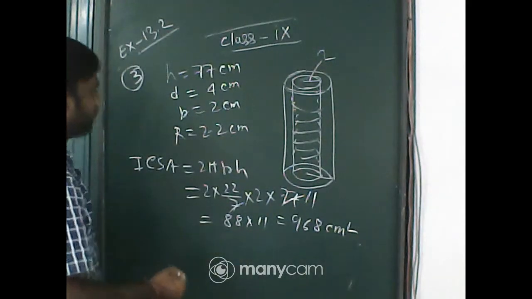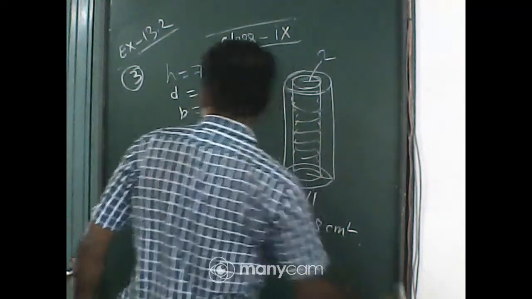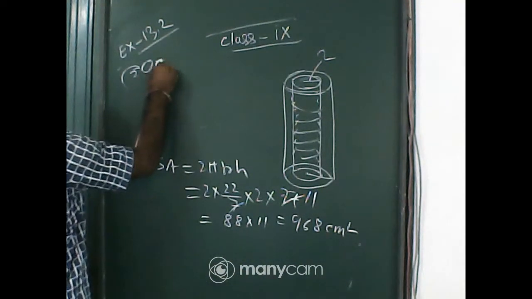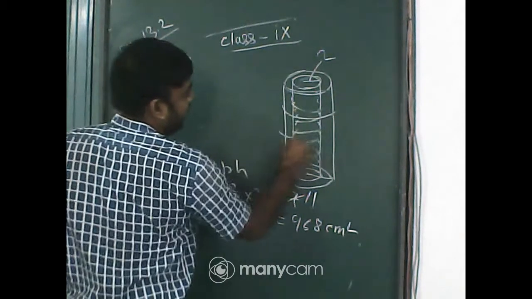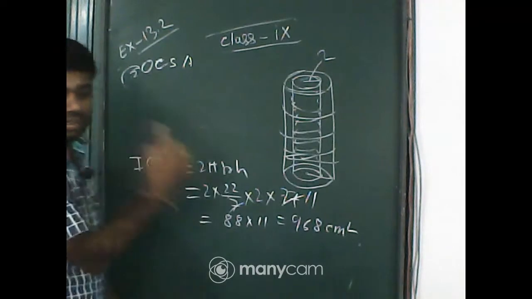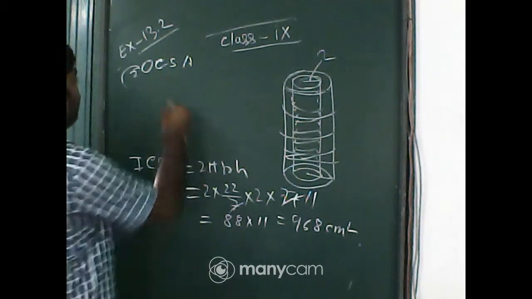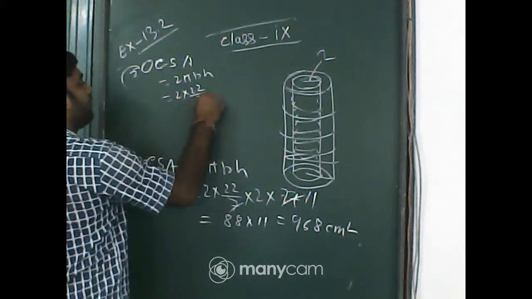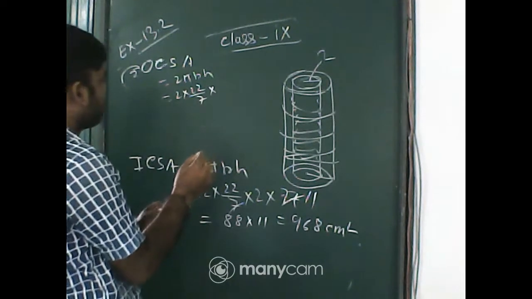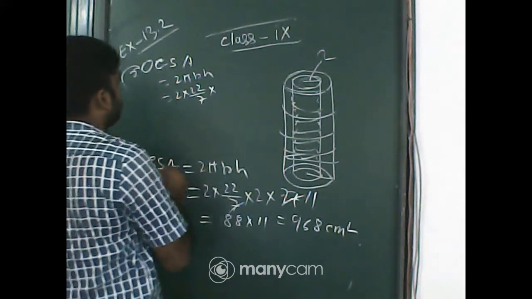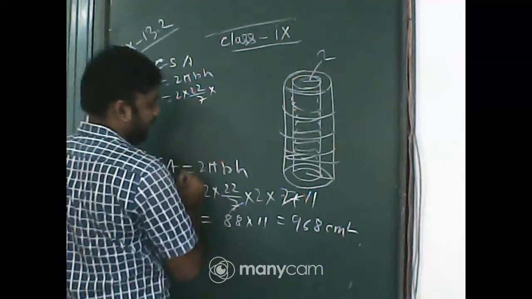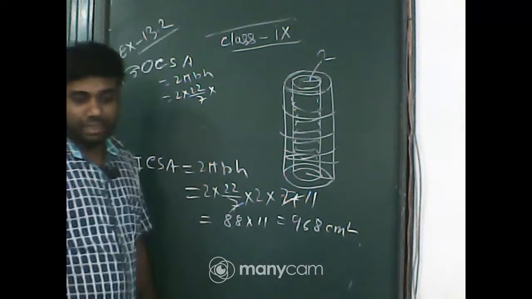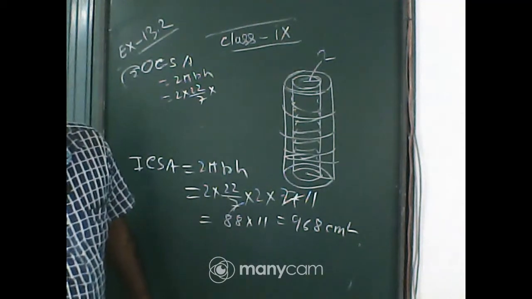Now outer curved surface area, just I am rubbing that portion, outer curved surface area, that is OCSA. It means that area, the outer curved surface area. So that is also the same formula, 2 pi r h, 2 into 22/7 into r. Here r means outer radius, outer curved surface area you have to use, that is 2.2